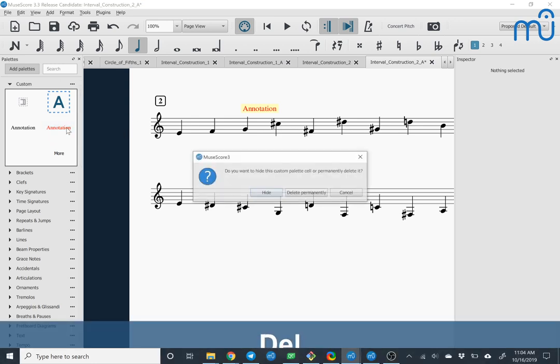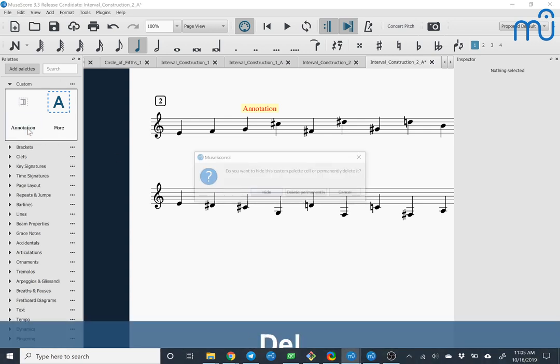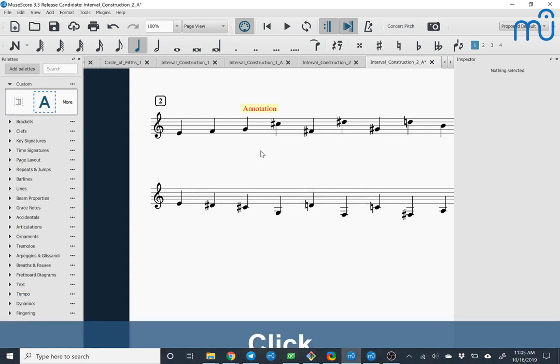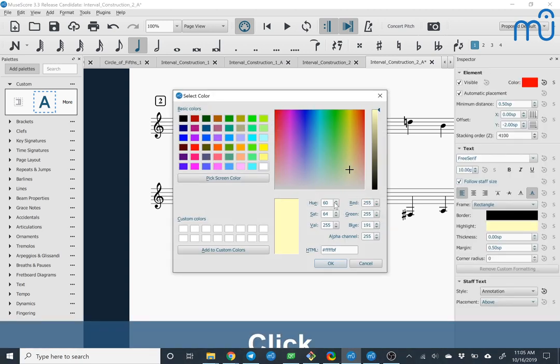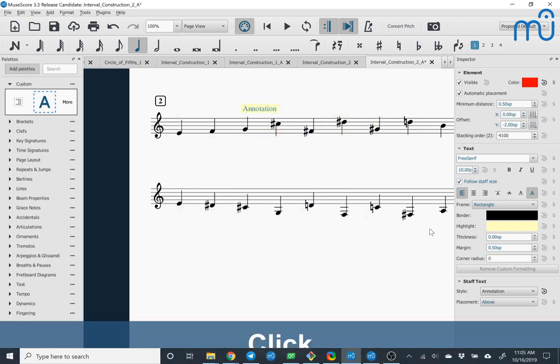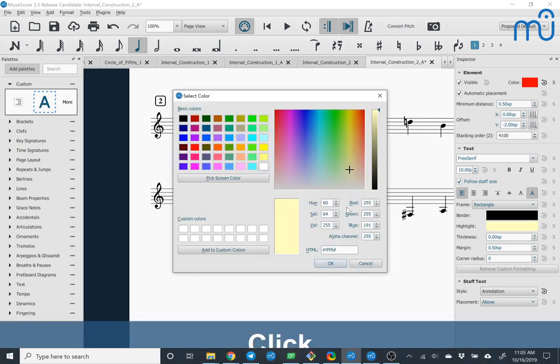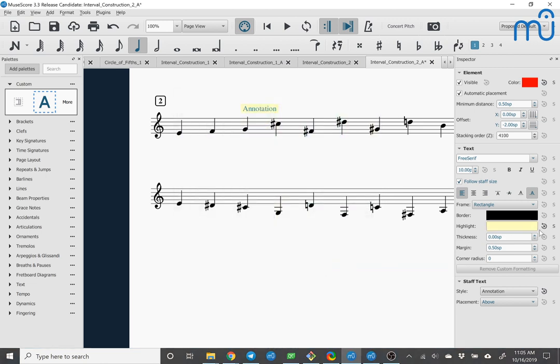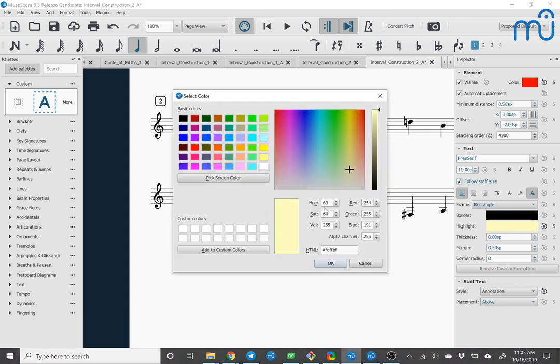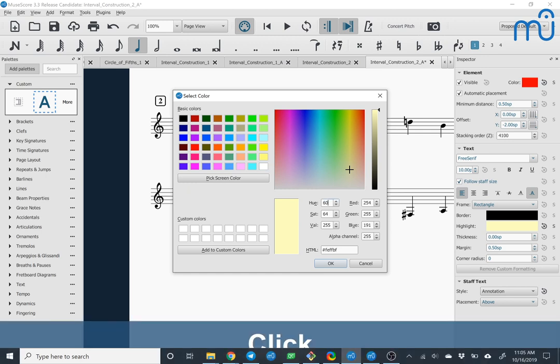There you go. And if I similarly, let's just delete that guy. Let's delete this guy too, now that I know that I'm not going to use it. If I come in here and also change my highlight color to be just, in fact, I don't even have to change it. I just have to act like I'm going to change it. Nope, I guess I have to actually change it. Well, I think because I'm really silly about this, I'm going to change it. And now you can see that these buttons, the reset and the set as style, have activated because it's not at the default for that text style. I think now, even if I set it back,